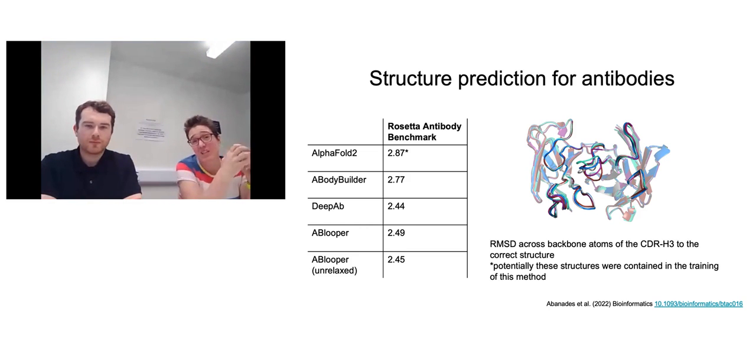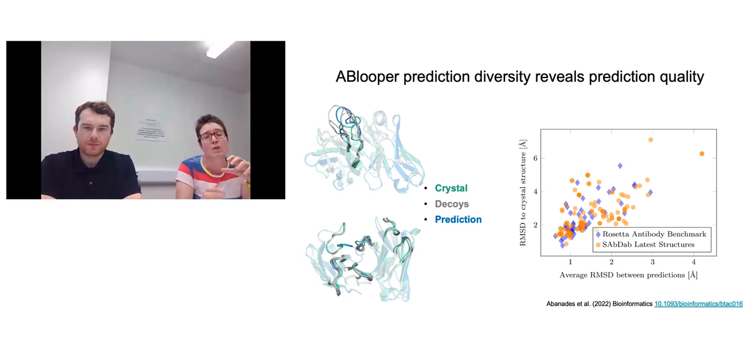So the first thing you can see is that the numbers are not good enough yet. This isn't perfect structure prediction we're talking about. We're getting reasonably good structures, but they're still not perfect. But the next thing you should see is that our method, the one called ABlooper at the bottom, is able to make these predictions fast, so useful, but not perfect. But the other part that makes this potentially very useful is the ability to predict when we've made a good prediction and when we've made a bad prediction.